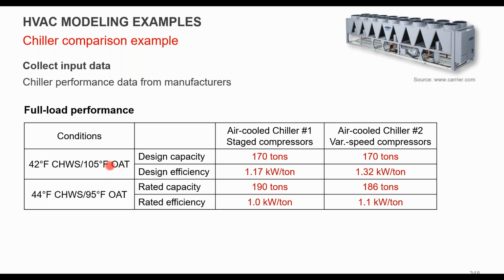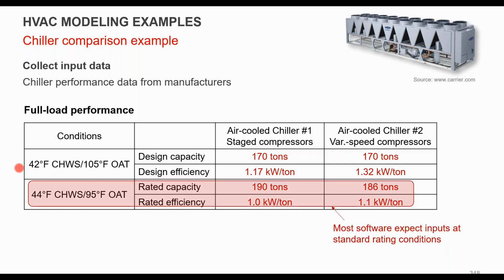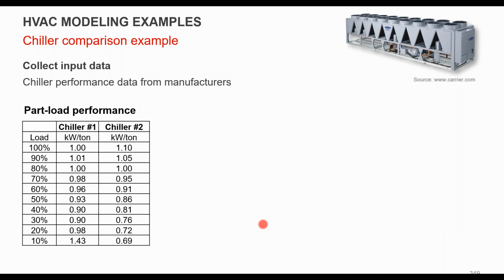But when we look at that at 105 and 42, at the rated condition, they might look a lot closer. So you might have 1.1 to 1.0. But the actual design condition might be slightly different. That's also something to be considerate of when you're building your models, whether your software is looking for the rated value or the design value. In some cases, you can specify whether it's rated or designed. But be aware that you might get very different numbers, especially on the capacity side and efficiency side, whether it's the actual design or the rated and tested.